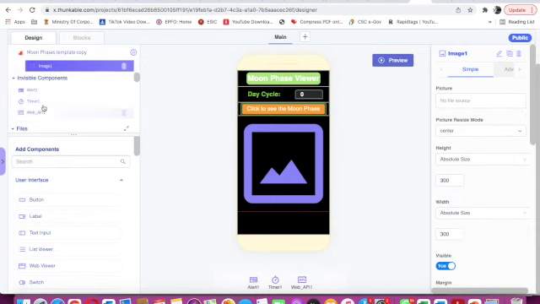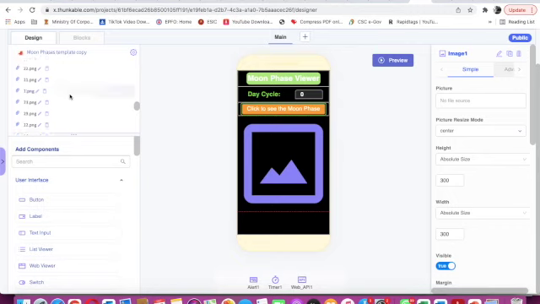And see here, alert 1, timer, web API, alert, and these are files. In Thunkable, whatever we upload, image or anything, it will show here also, in files. So here we have taken the images till 30.